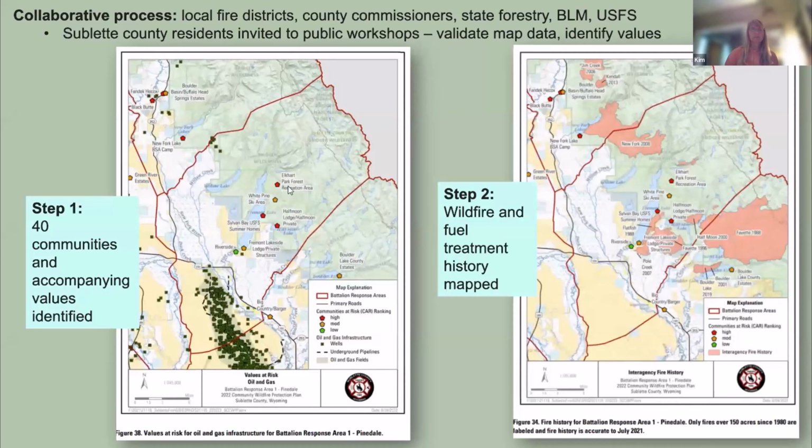So he found using a lot of the visuals, again, were very helpful. So he went through this sort of stepwise process. They identified these 40 different communities within the county that had values of great concern to wildfire. Looked at the fire treatment, both fuels treatment and wildfire history for the area, and had that mapped. And then from there,